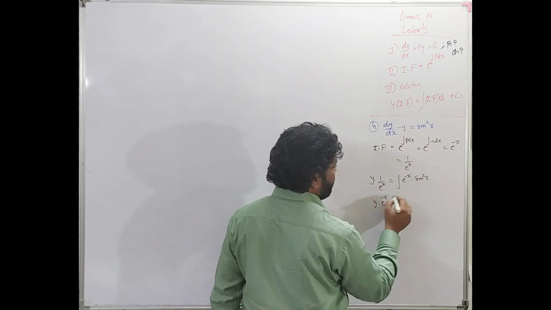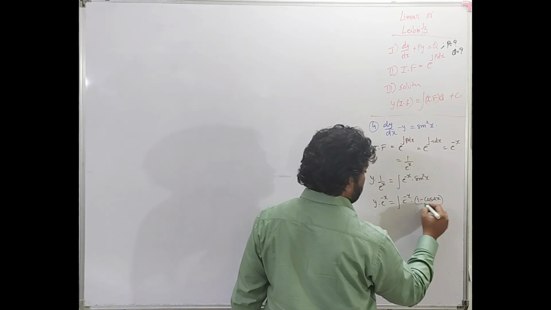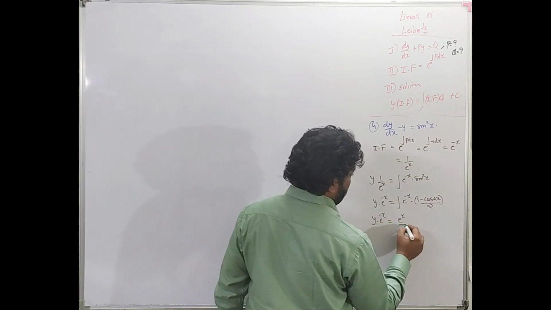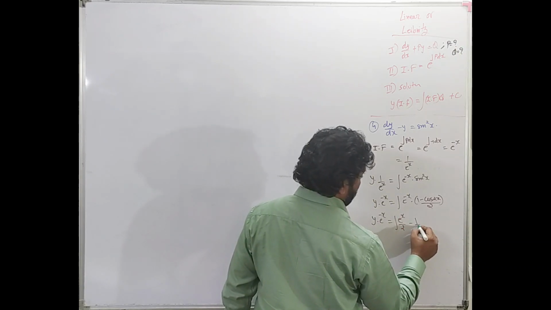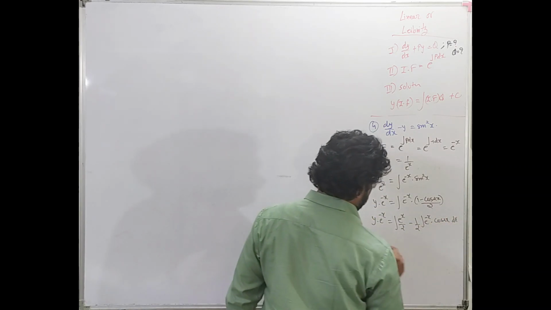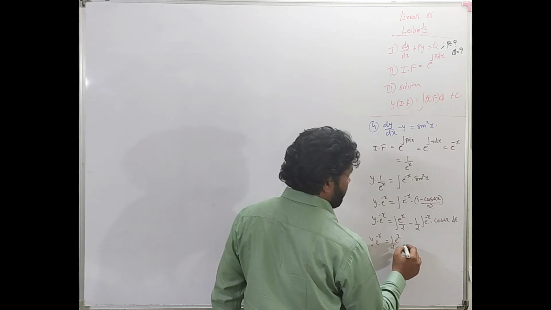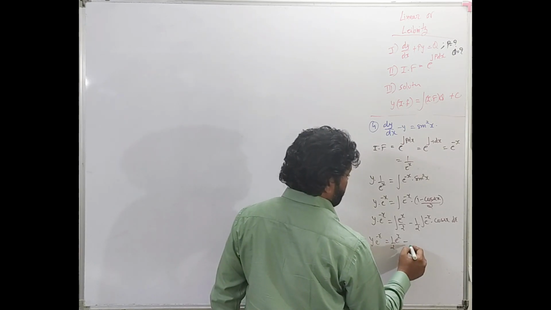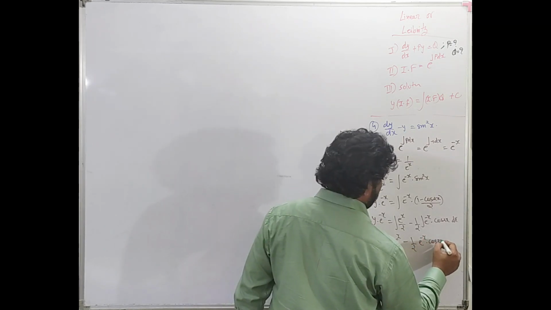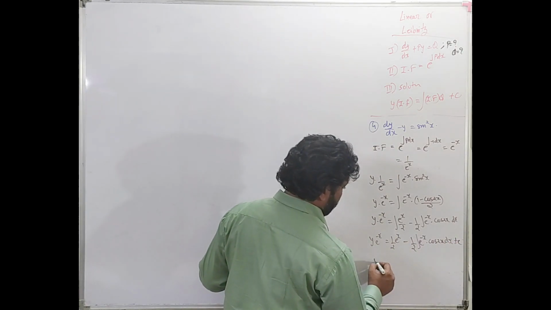Converting it into integrable form, sin²x can be written as (1 minus cos 2x) by 2. So e to the power x by 2 minus half of e to the power minus x dot cos 2x dx. So this would be 1 upon 2 e to the power x minus half of the integral of e to the power minus x dot cos 2x dx, plus c. Solving it further,